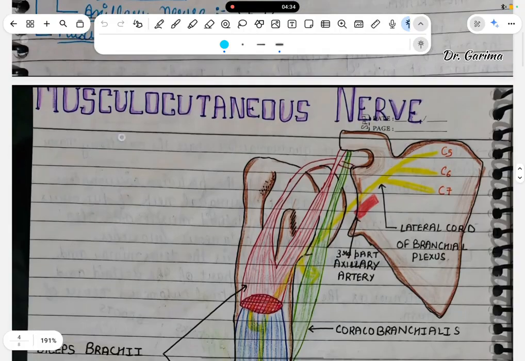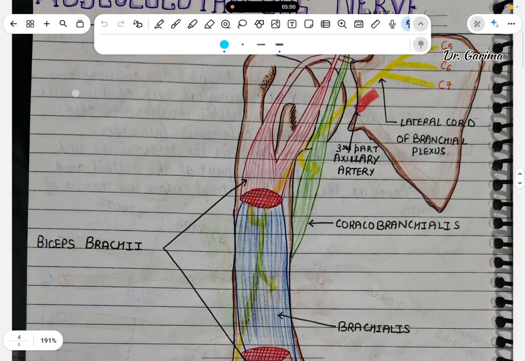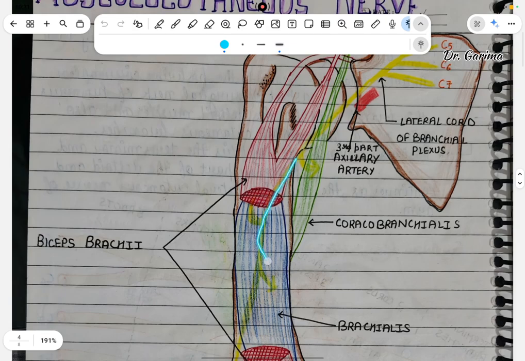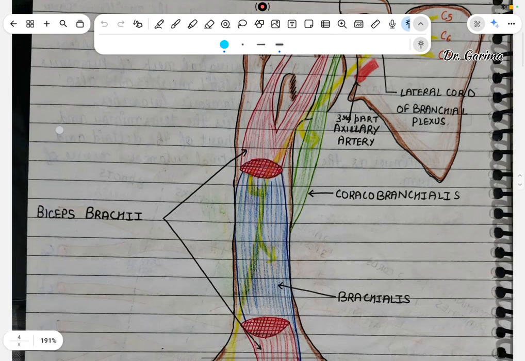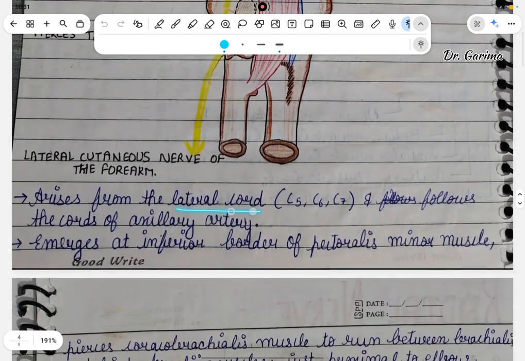Then the musculocutaneous nerve. As we know, the musculocutaneous nerve arises from C5, C6 and C7. It comes with the axillary artery and gives branches to the coracobrachialis and the brachialis and also the biceps brachii. It arises from the lateral cord and its roots are C5, C6 and C7, and it follows the cords of